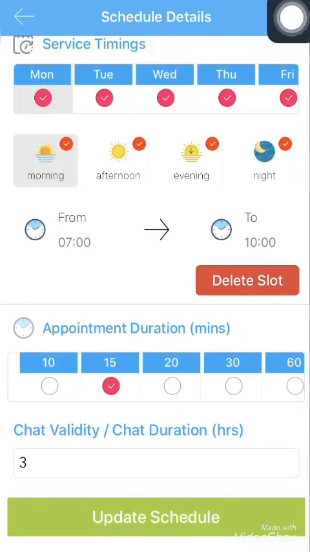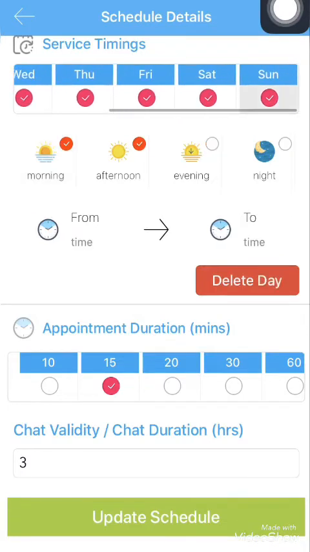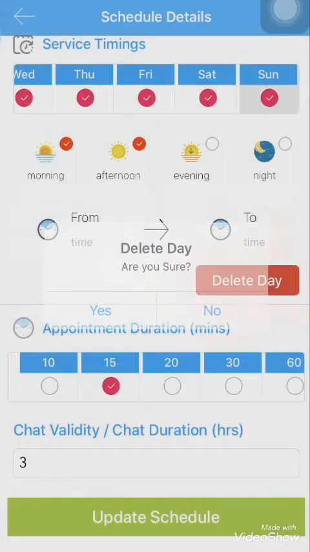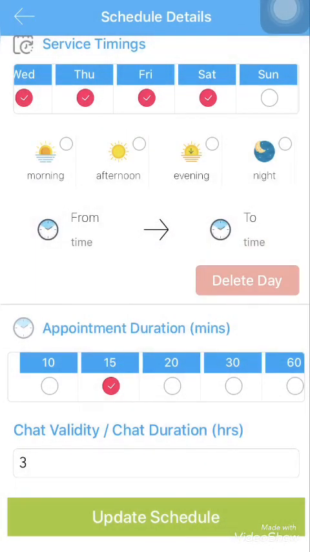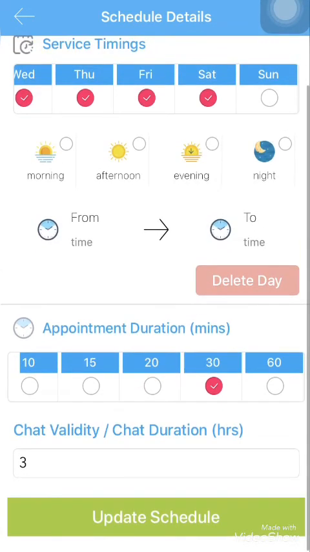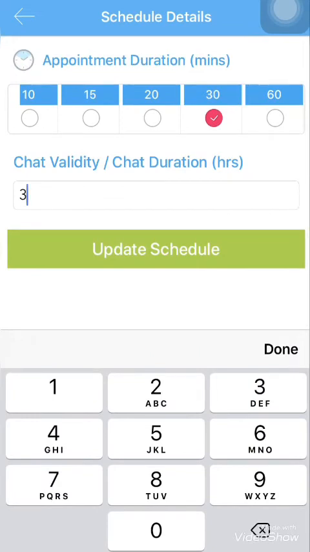Now you don't want any appointments on Sunday, then click on Sunday and click on delete day and click on yes. Timings will be deleted from Sunday. Now change the appointment duration in minutes. You can change up to 60, 30 minutes, 60 minutes, anything. Change chat validity and chat duration in hours, up to 24 hours, up to 2 hours,